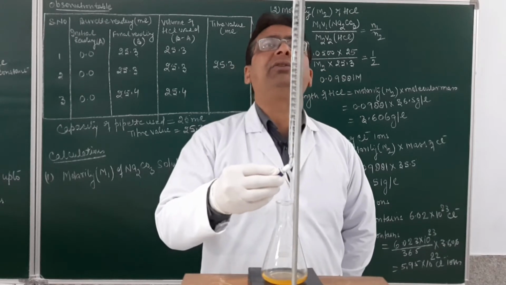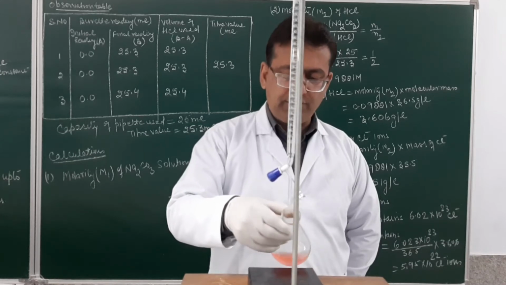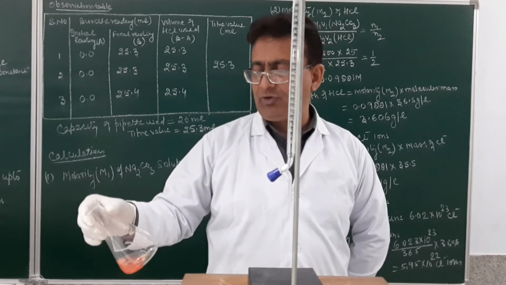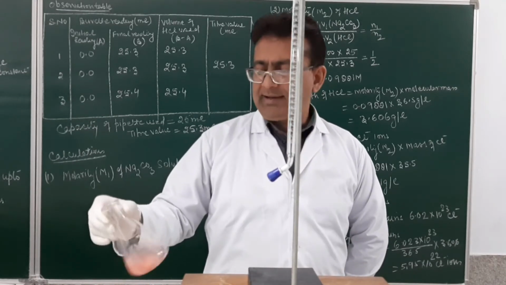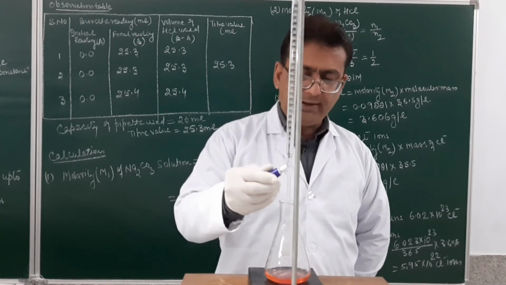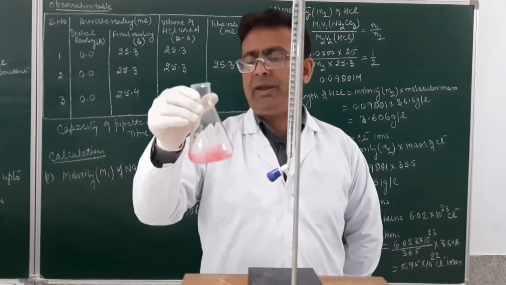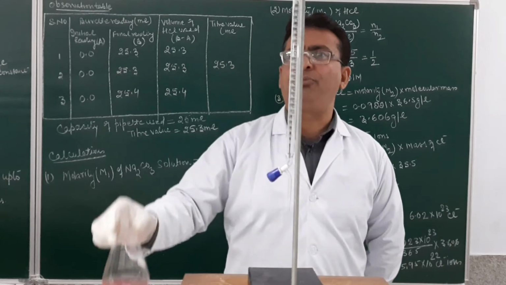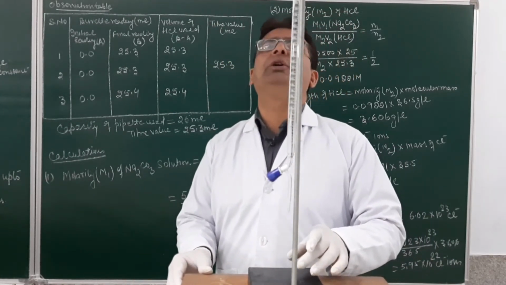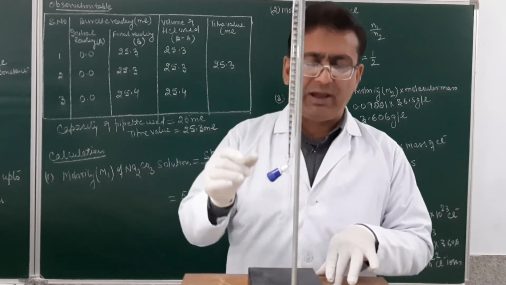So we will again add the solution into this, and we will continue adding till the slightest pink color is obtained. If we continue adding this, at a certain point in the titration, we will observe the slightest pink color. You may see the pink color observed over here, and if you look at the titer value, it is coming nearly about 25. Am I clear, student, over here? So the titer value will be 25.3.